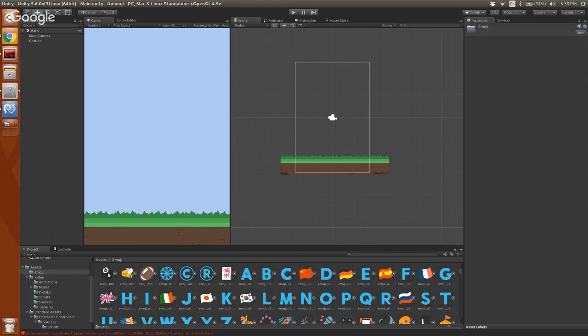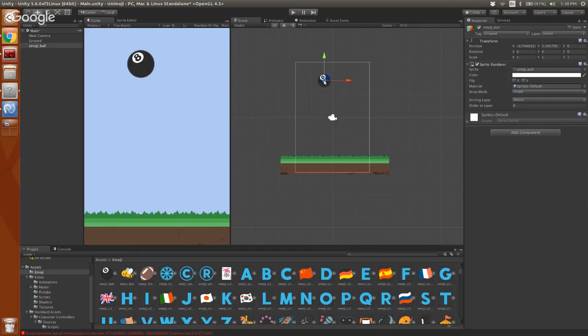So we're basically creating the same environment we had before. We'll add in, in this case, a billiards ball out of my amazing pack of every Android emoji ever. And this ball, just like the sphere and the cube before, will need a collider. So we'll get a circle collider this time. The box collider, the square collider, they're great for those shapes, but this is a circle. So we'll add a circle collider 2D.